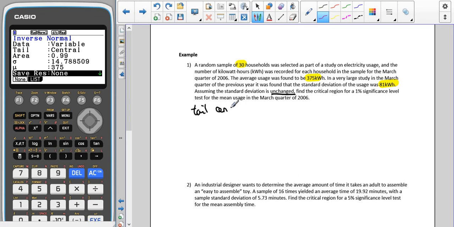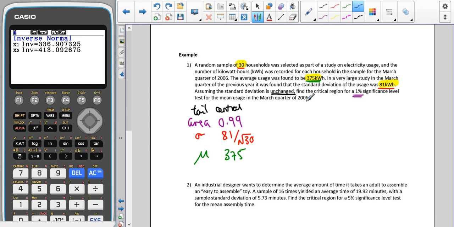So the tail is central, because it says unchanged here. My area is 0.99, and that's because that's 100% take away 1%. My standard deviation is going to be 81 divided by the square root of 30, and that's because of this information here and here. And my mean that I put into my calculator is going to be 375, and that's because of this value here. So that gives me 336.907325 to